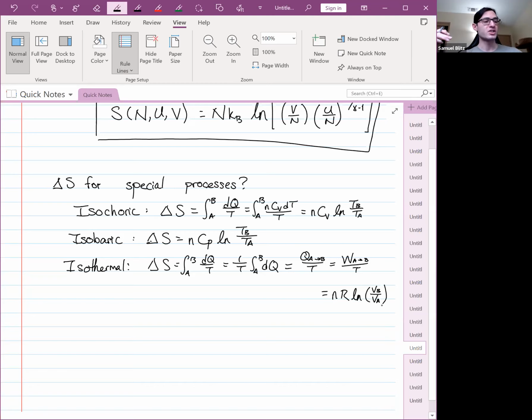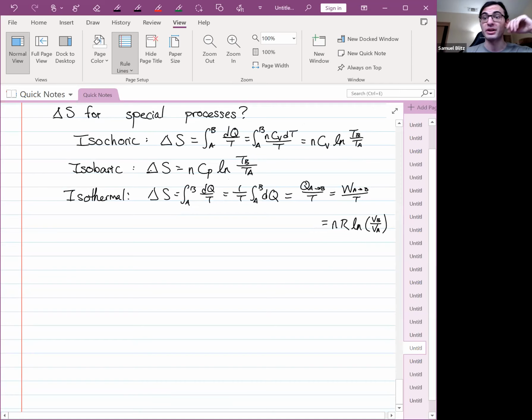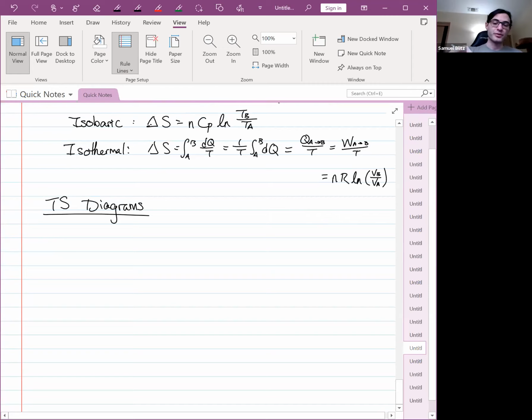So before I talk a little bit more about that, I want to talk about one other thing that explains why entropy is useful, and that's TS diagrams. So we've talked about PV diagrams. We know that P and V are related to work, so a PV diagram is nice because you can find the area under the curve to find the amount of work done. So because we have a new state variable now, we can draw new diagrams. We can plot T